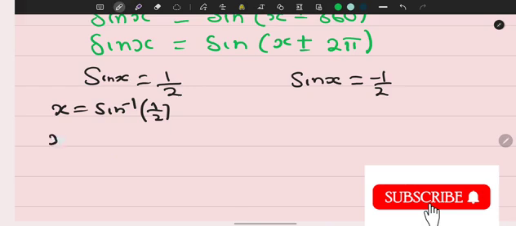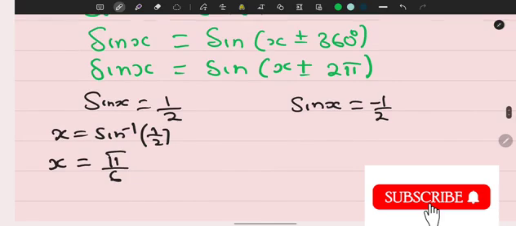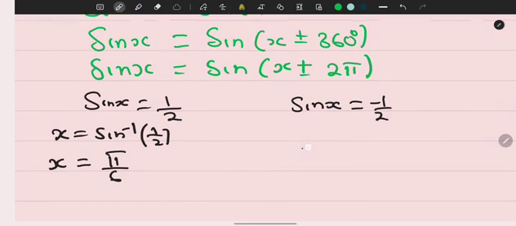Sine inverse of 1 over 2 gives us pi over 6, and that is 30 degrees. So that's pi over 6, the first value we obtained. And the other one, sine inverse of minus 1 over 2, that will give us